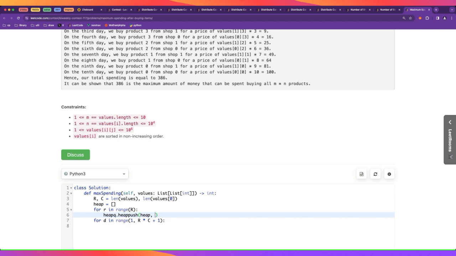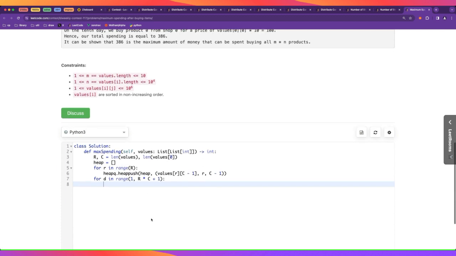So this is for the row R. The last element is the column C minus 1. And then let's add the coordinates of that element in a triple, so that we know where it came from. So here we added all the rows. Now we want to choose the minimum of it. So this is the value, this is the row, and this is the column, and we